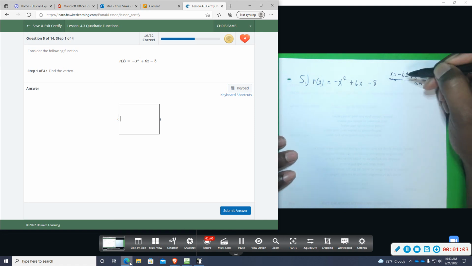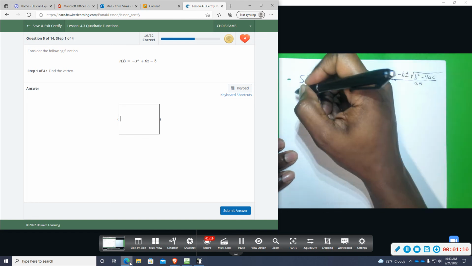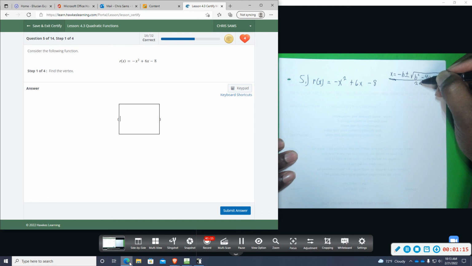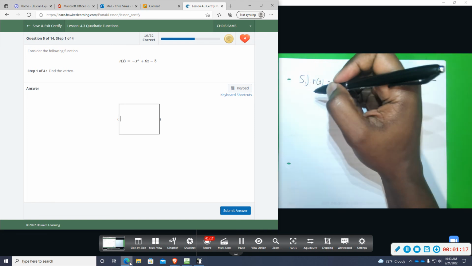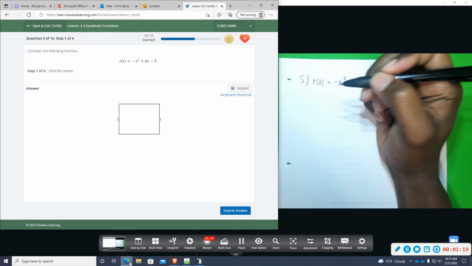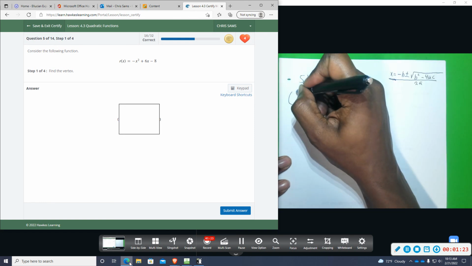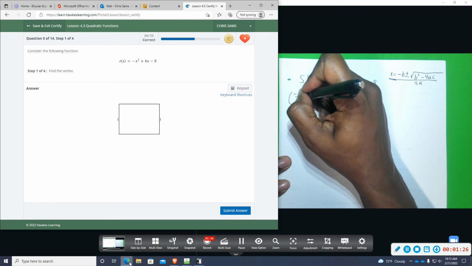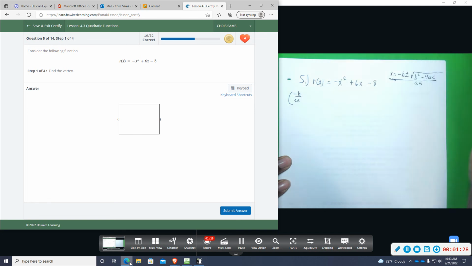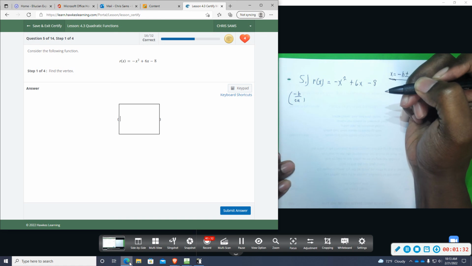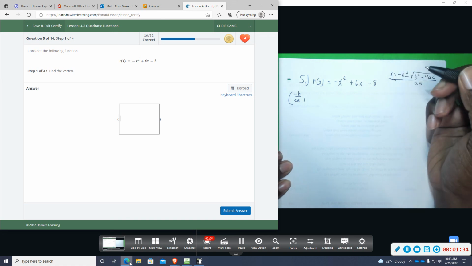And from here, if you focus on the negative b over 2a part, or is it just b over 2a? I'm going to pause for a minute. But I think it's negative b over 2a. I'm going blank. You find the x value, and then once you find the x value, you will take